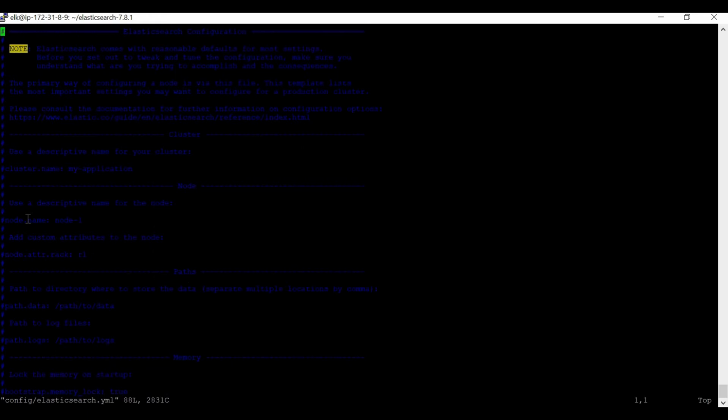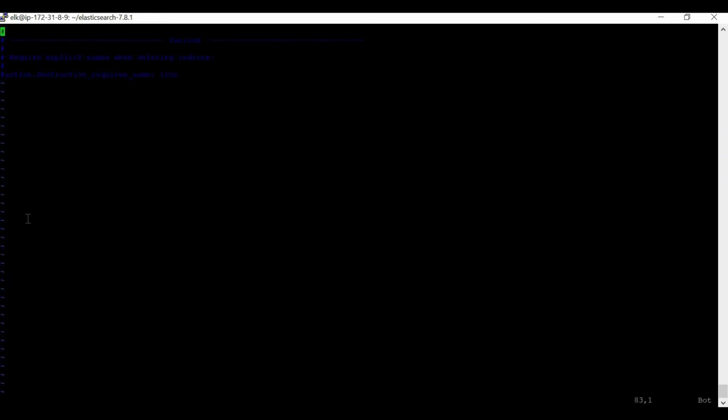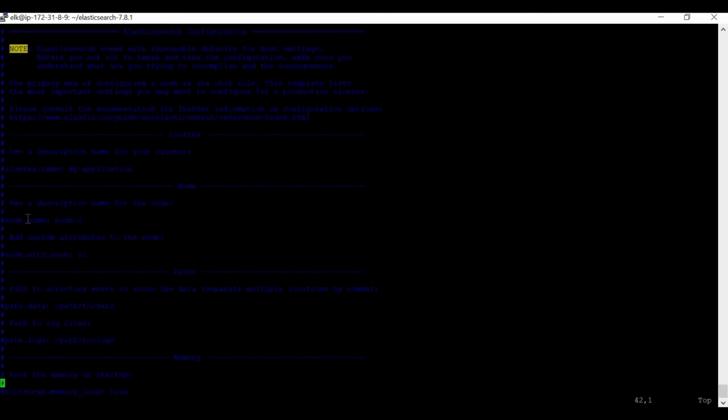Okay. Now here in the starting, all of these are hashed out. You have to place and enable those settings as per your configuration. So let me enable a few of the services, and then we'll restart our service and then see what all more services I need to enable, or what all more commands I need to place over here.